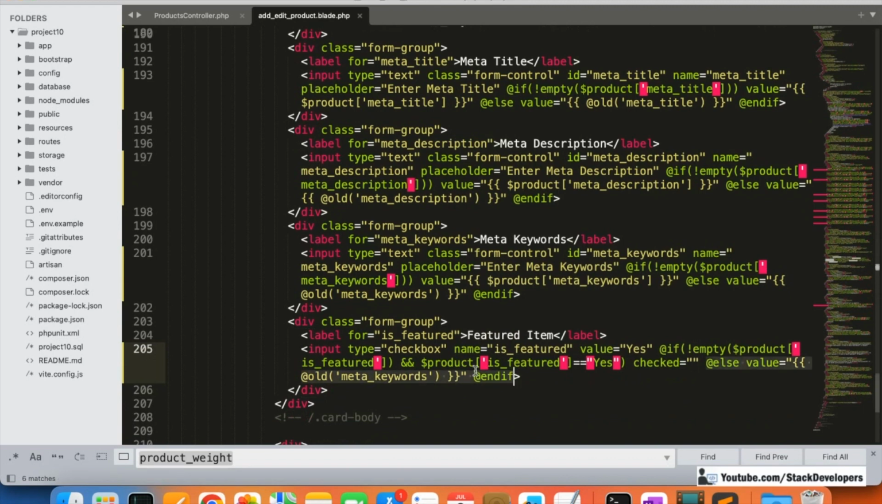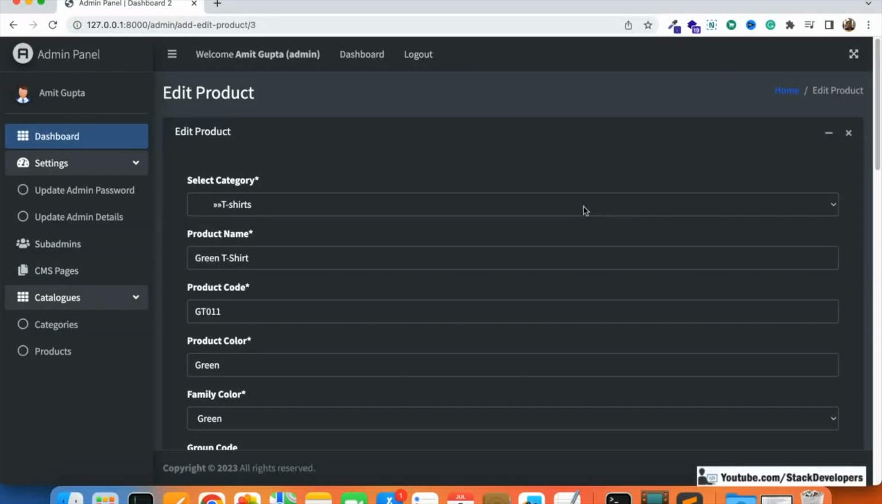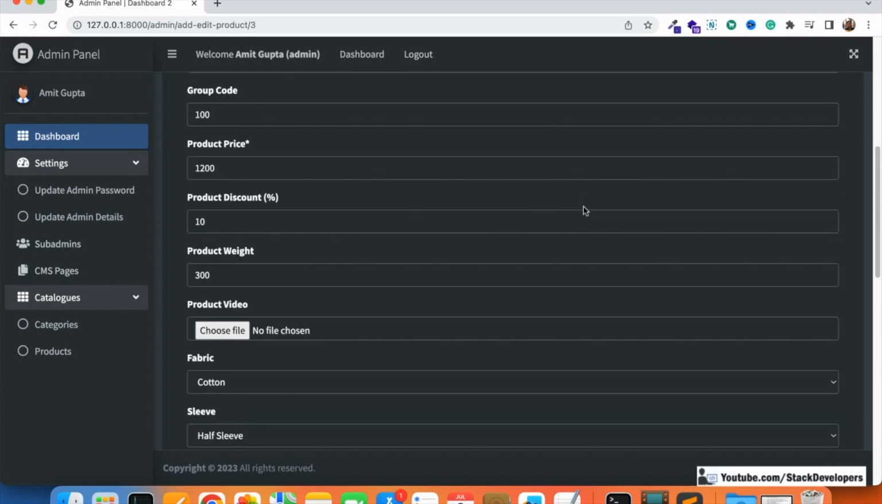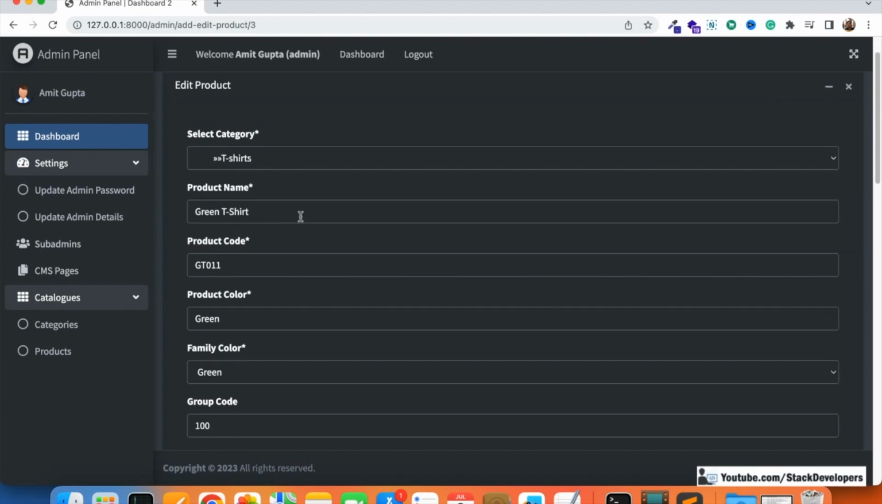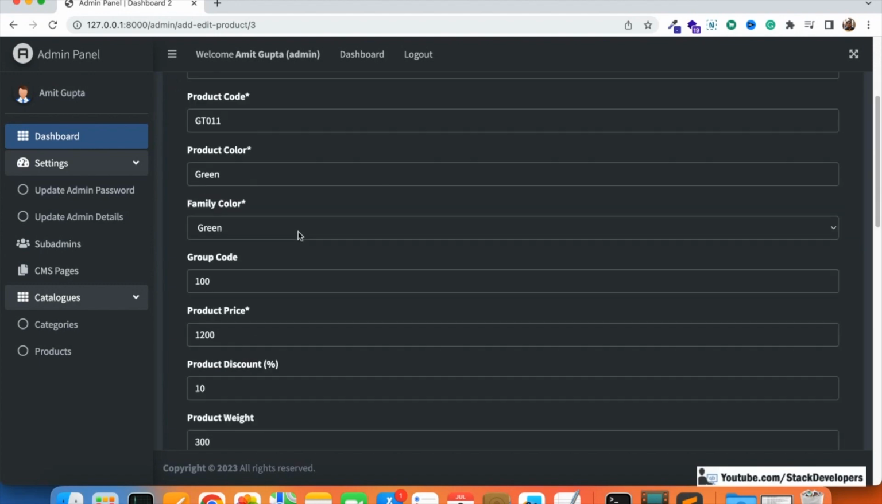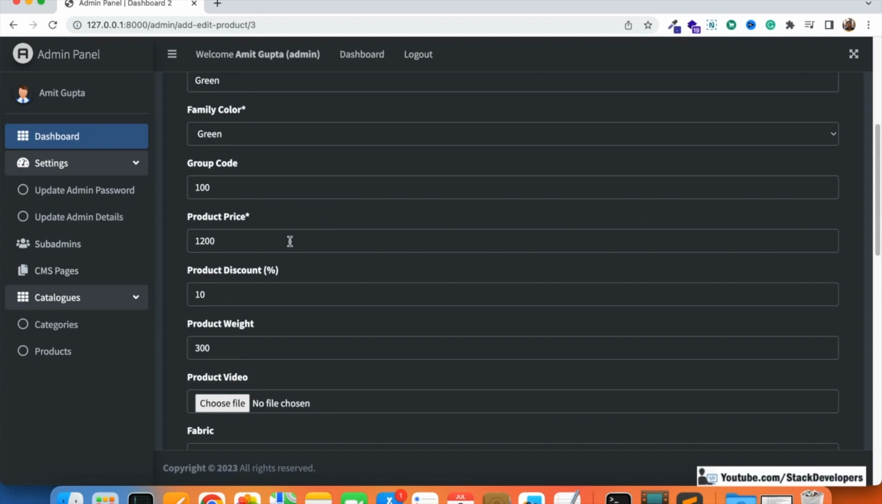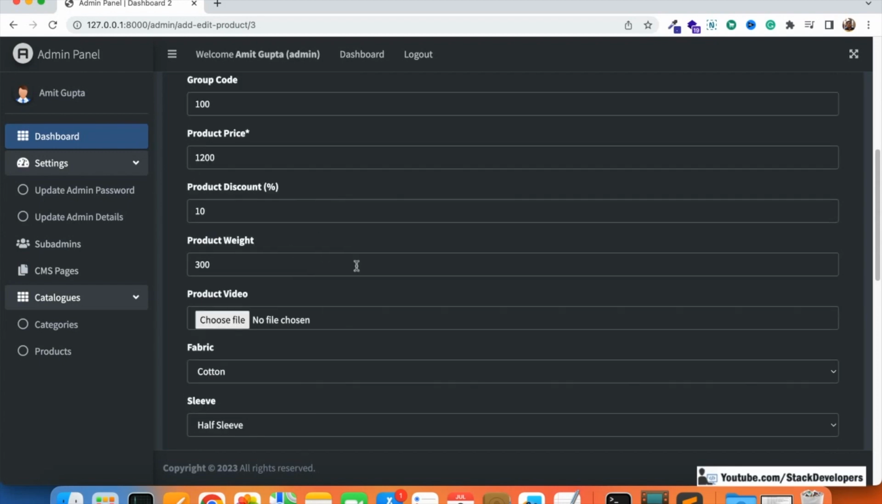See, this one is not required for this, so we can simply replace it. This one is not required. Now you can check all the values are coming for the form. Here you can see that select category t-shirts we are able to select, product name is coming, product code is coming, product color is coming, family color is coming, group code, product price, product discount, product weight,